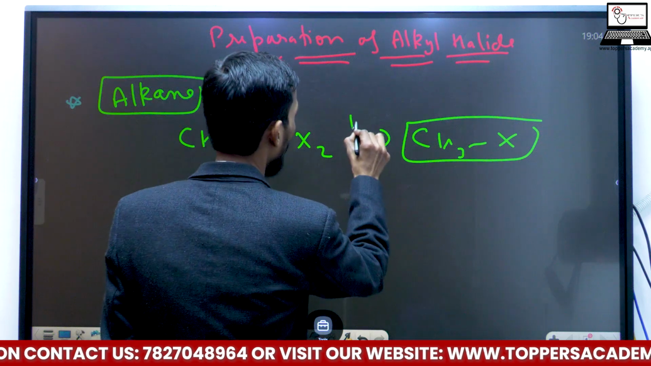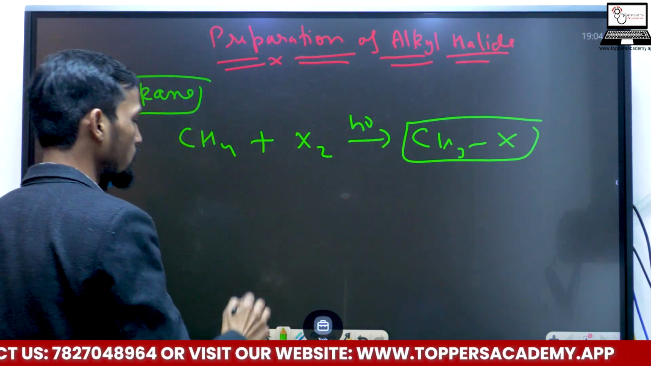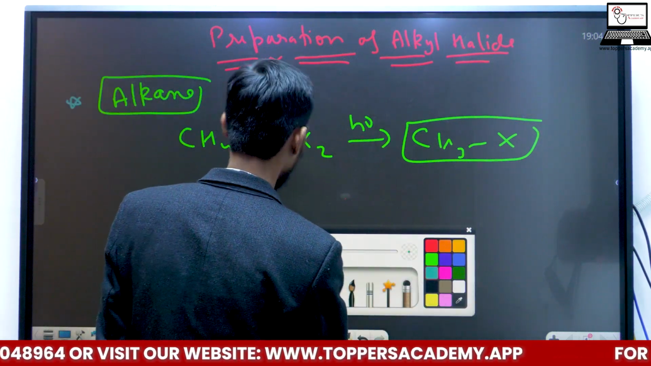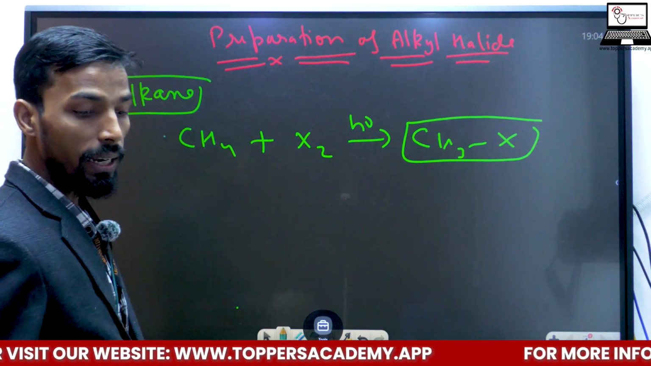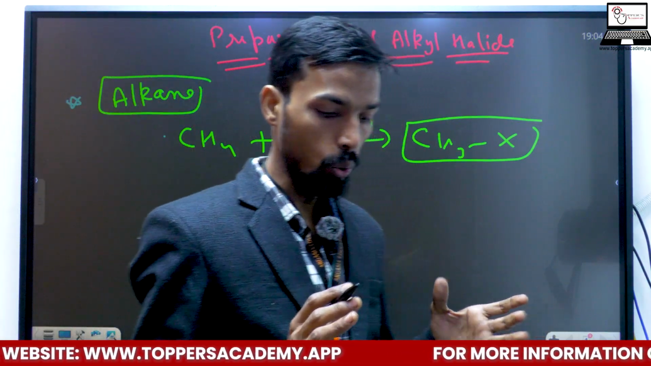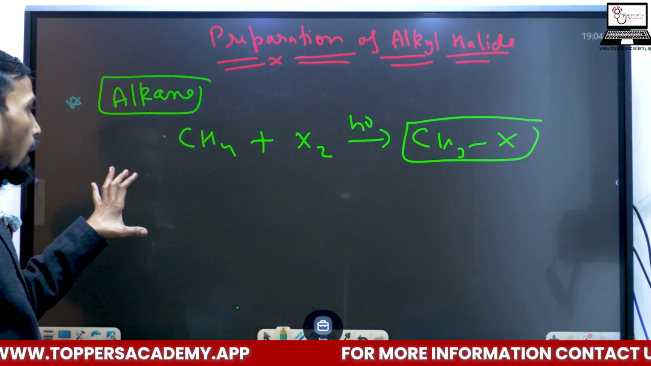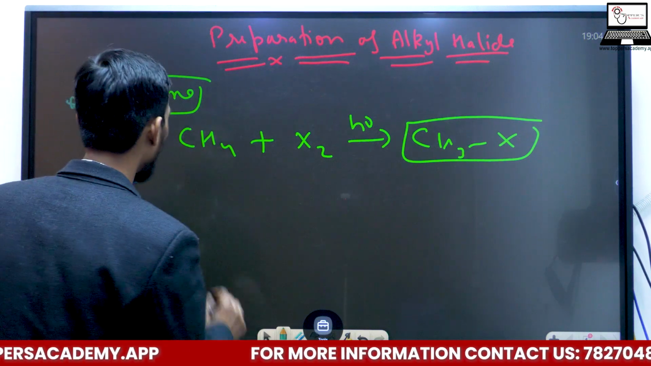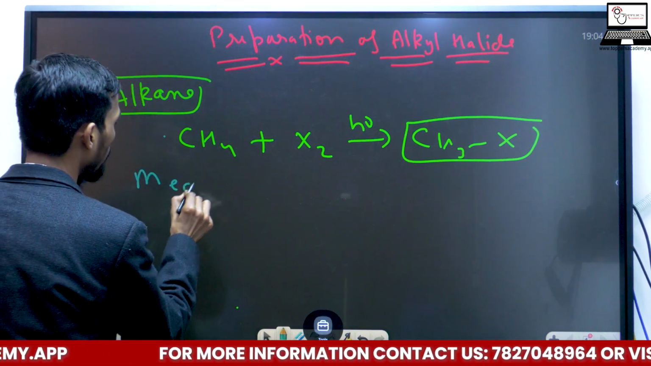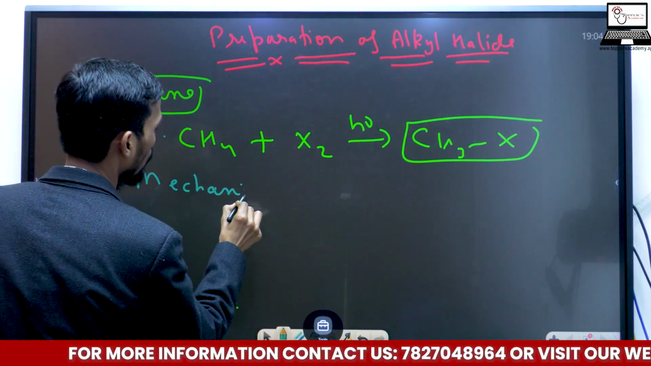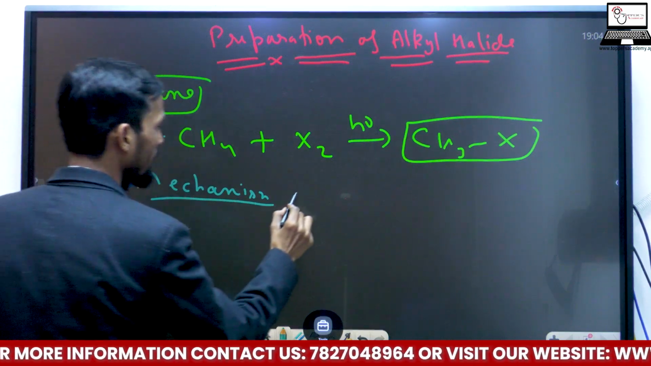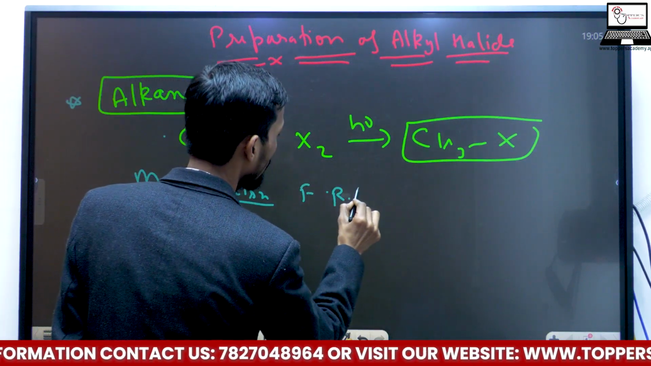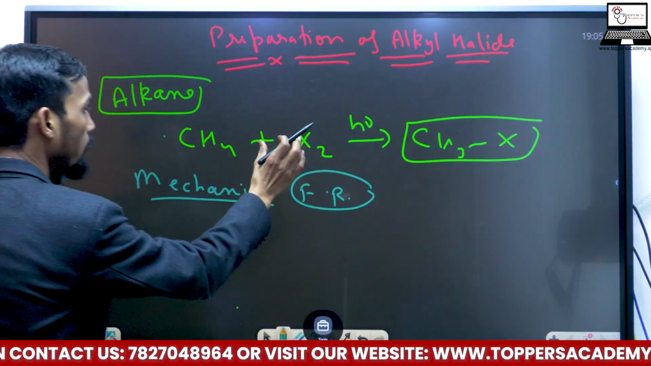This is a general reaction, how we can prepare this alkyl halide with the help of this alkane in the presence of h nu. This is the necessary condition to prepare this alkyl halide through this reaction. So how does the mechanism follow over here? The mechanism of this reaction is quite simple, a free radical mechanism, which means the